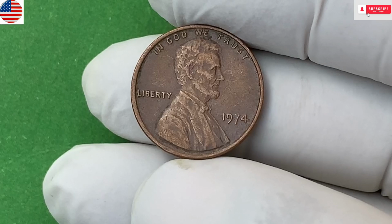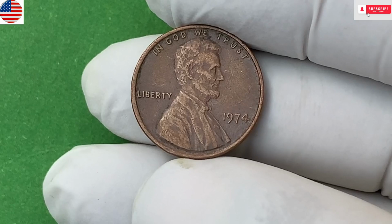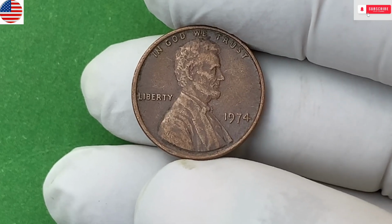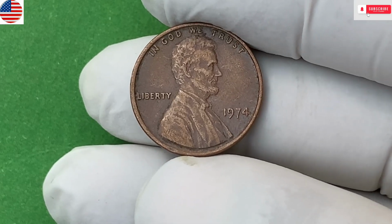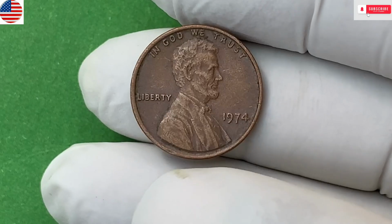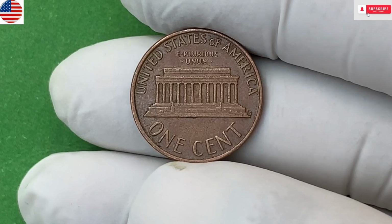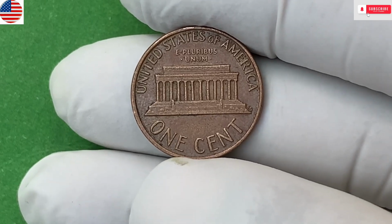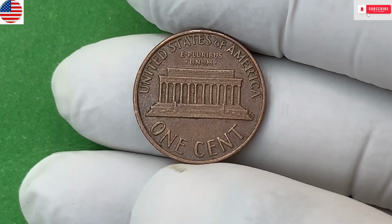Now, this is where things get really interesting. Most 1974 pennies were struck in the traditional bronze composition, 95% copper and 5% zinc. But a small number of experimental coins were created using aluminum. The idea was to switch to a cheaper, lighter metal to save costs. So, in secret, the mint produced over 1 million aluminum pennies, preparing for what they thought would be the future